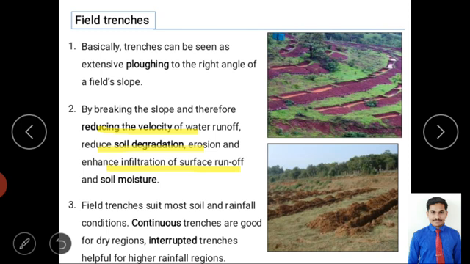Then filled trenches suit most soil and rainfall conditions. Here also trenches suit most soils, not all kinds of soil, and all kinds of rainfall conditions, even for dry conditions and for heavy rain conditions. If it is a low rain condition or dry region, then we can suggest continuous trenches. Here you can see in the figure continuous trenches along some length. And if we are getting more rainfall, then we go for